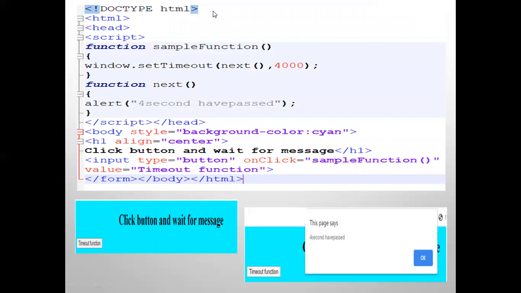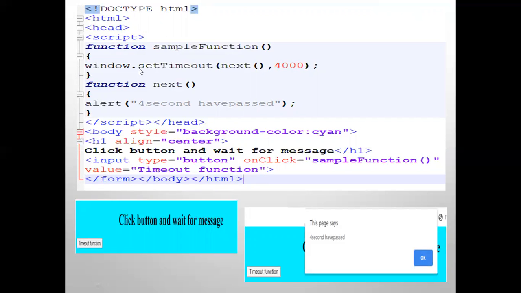Look at this program. Here I am demonstrating the setTimeout. After the timeout of a few seconds, it will display a message. Okay, same way you write till head. In that script there are two functions here. One function name is sample function, second function name is next.